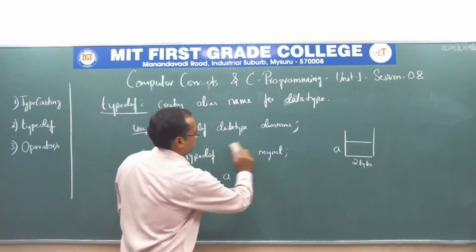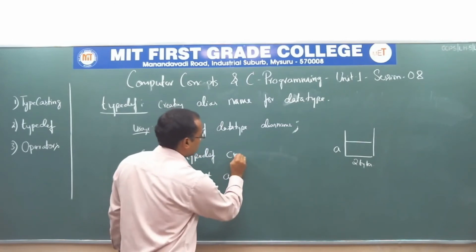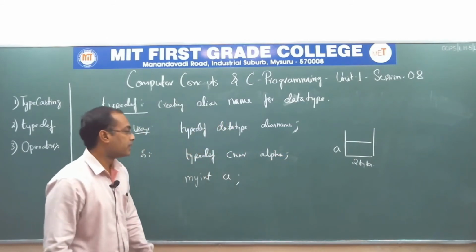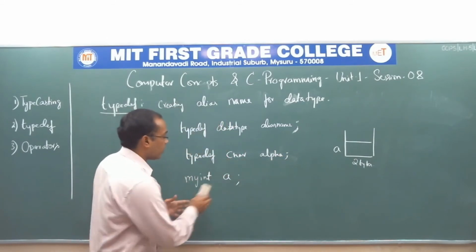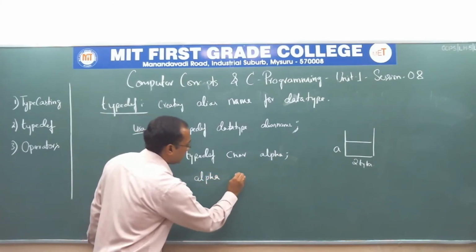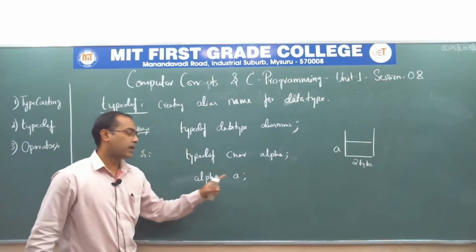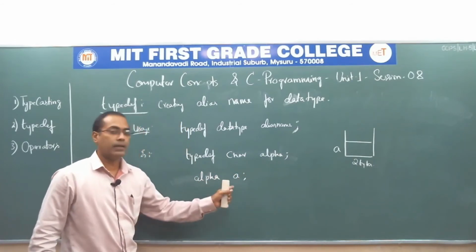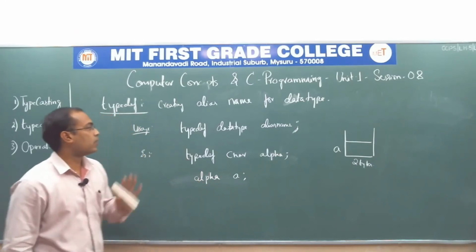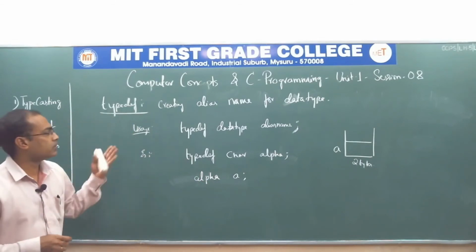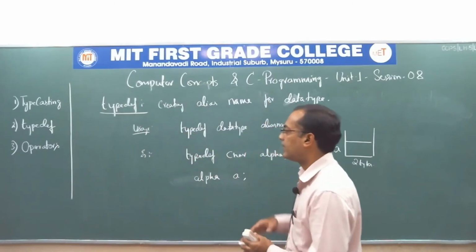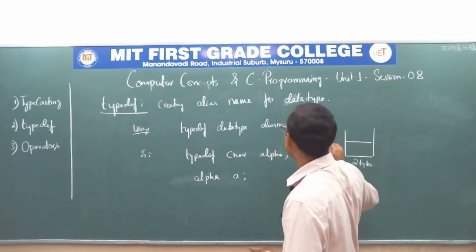Instead of character, I say alpha. Alphabet, I give the short form alpha. So now if I want to create a variable of type character, I can use alpha, and a is an alphabet type data type, and a can store one single character. This is what type define or type definition is all about, which means that you are creating an alias name for the data type. Let's move on to the next topic, that is operators.